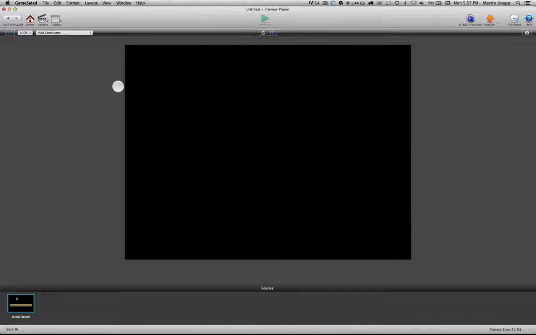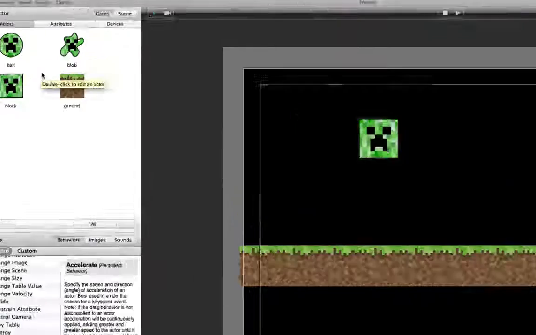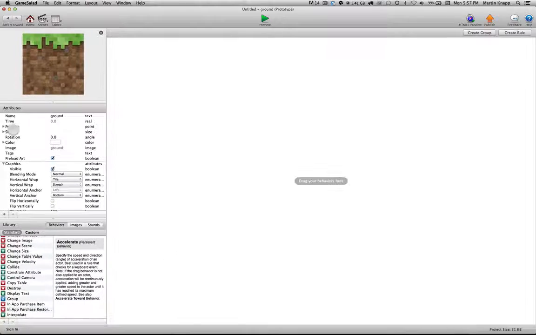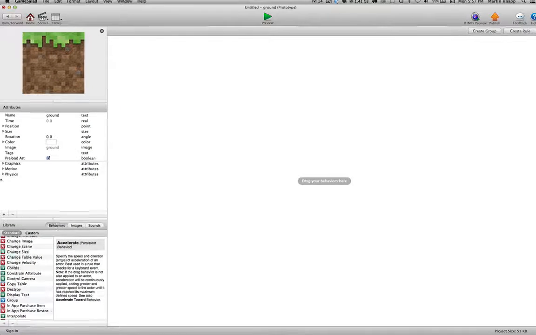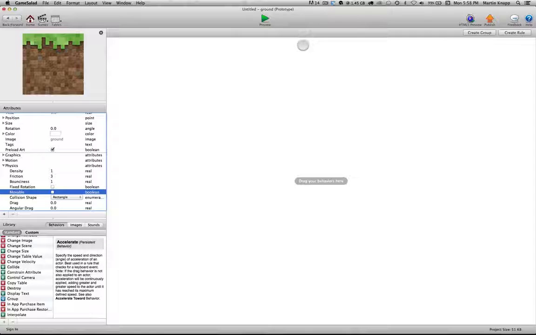But we see some very interesting things happening here, which leads us to the next thing that we want to learn with physics, which is the non-movable checkbox. So let's go ahead and back up. So let's say we don't want our ground to move. Well, we can double click on the ground actor, so I'll do that now. And you can see over here on the left-hand side, we have this physics pull down. So I'm going to open that up. And you see that we have this movable checked. So when our block collided with our ground, it was able to move because movable is checked. If we uncheck movable and then preview this,